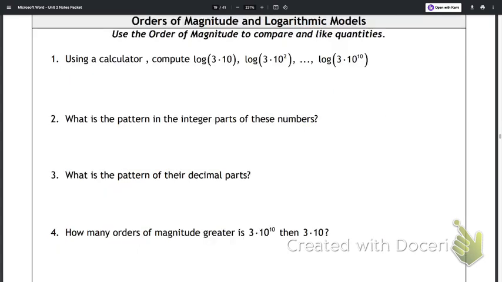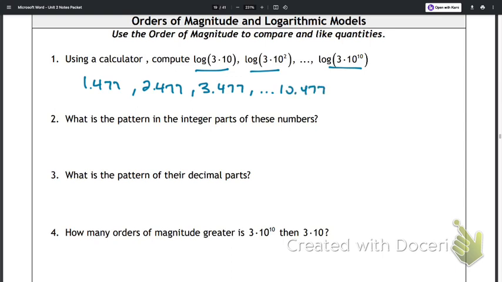On this next part, it's saying use the order of magnitude to compare like quantities. On these, if you type this into your calculator, you're going to get 1.477. If you type in this one, you're going to get 2.477. The next one, you'll get 3.477, and then all the way up to this one here, and you get